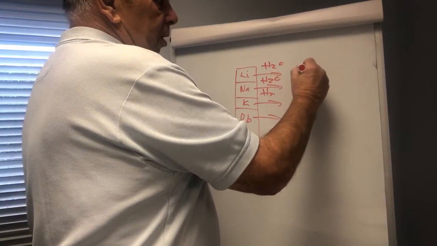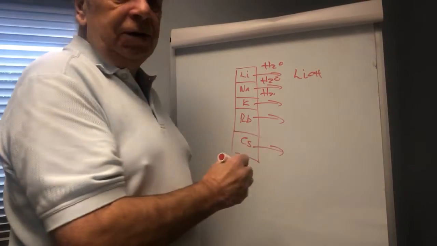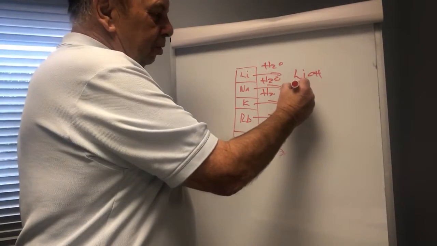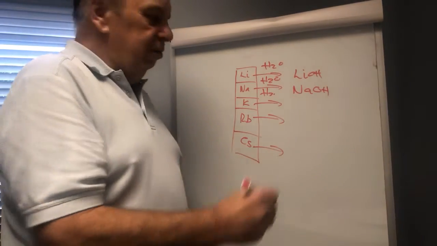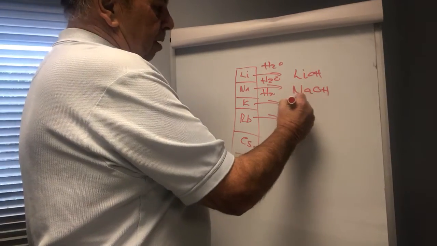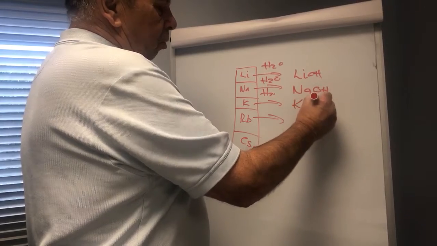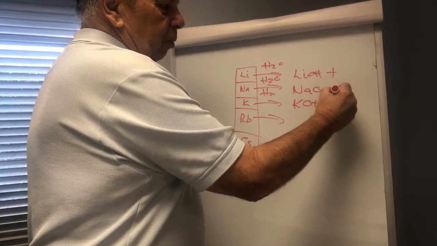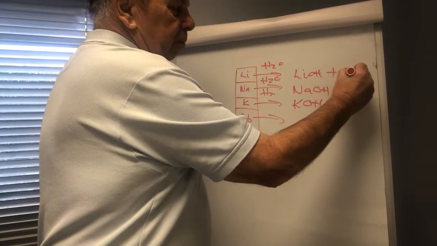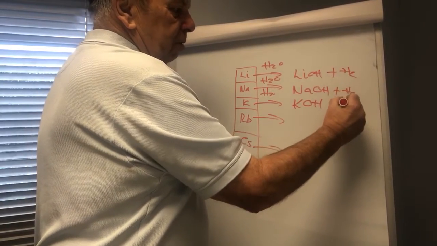Lithium forms lithium hydroxide, sodium forms sodium hydroxide, NaOH, and potassium forms potassium hydroxide,